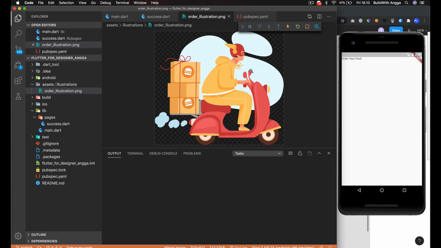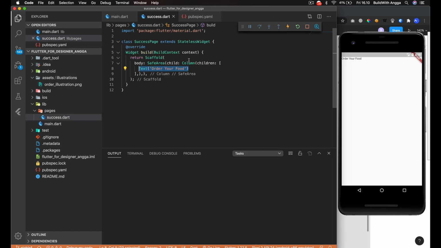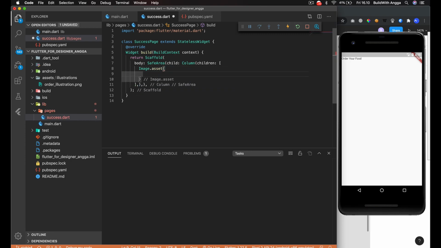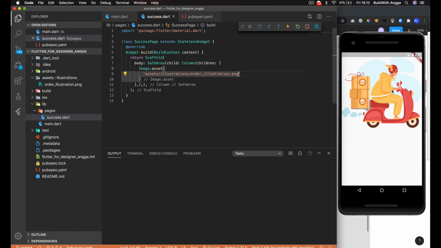We're going to use this image in our project. So just provide here Image.asset, and then you give the asset path here: assets, illustrations, and then order illustrations.png, and boom. The way you resize the dimension is you just set the width here.